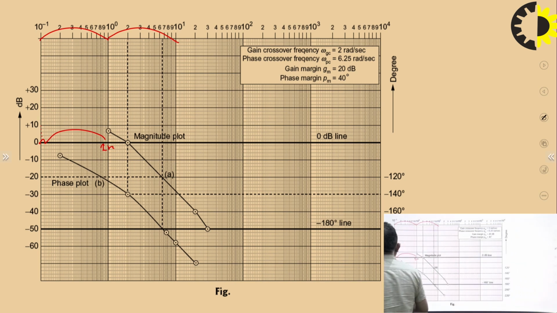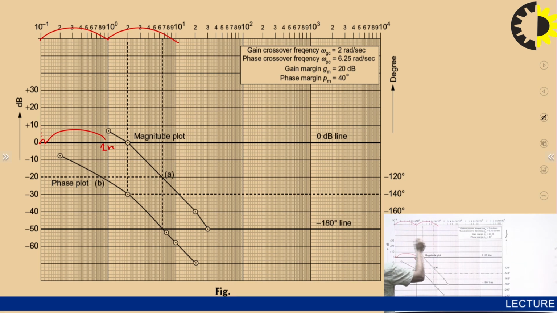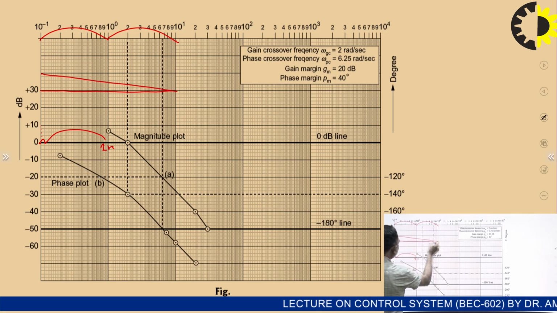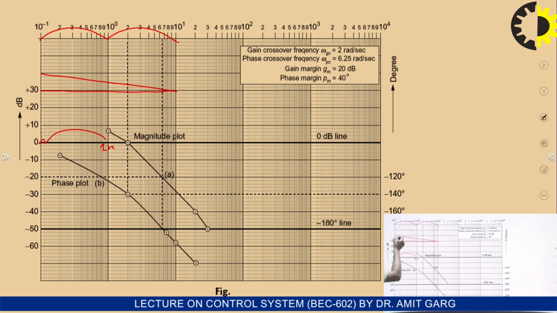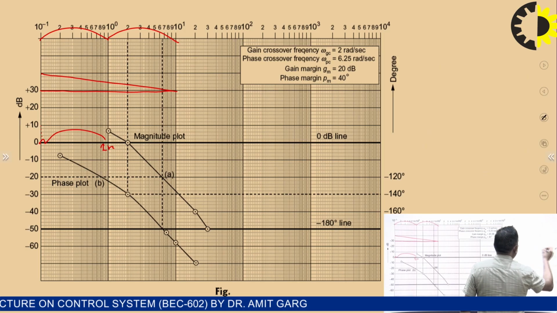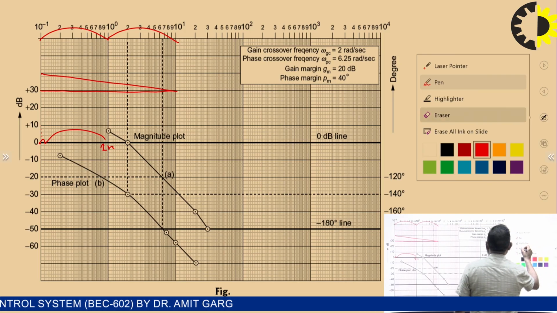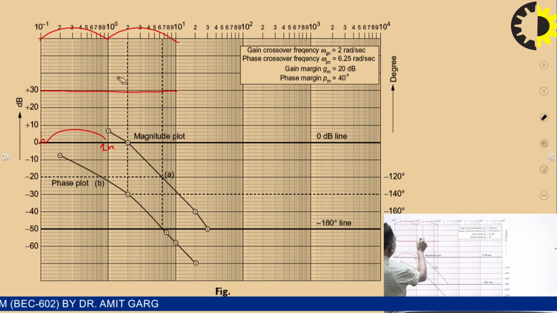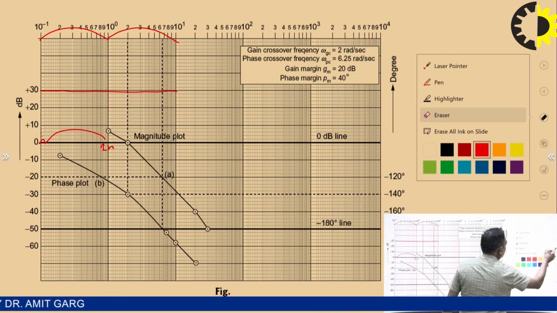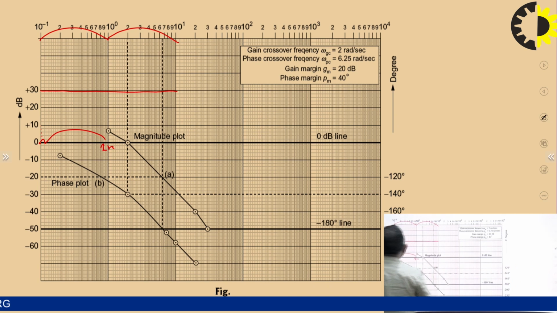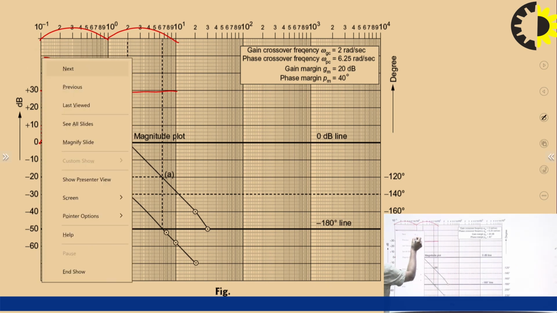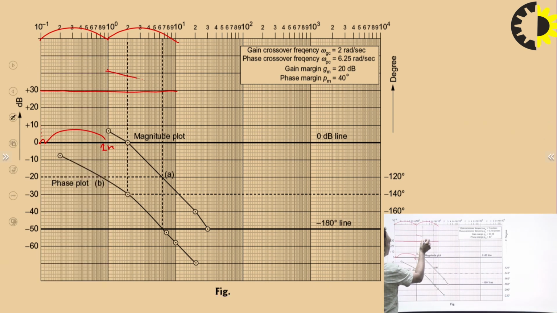It means if you are drawing a line and joining this point to this point, or better, not this line, because we are dealing with minus 20 dB. So if we are joining this point,